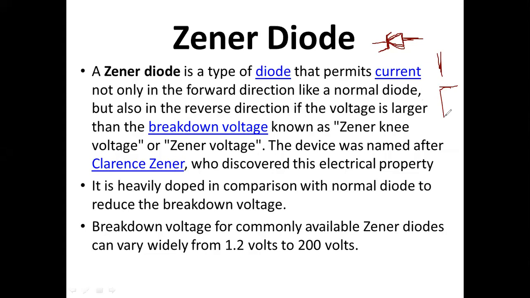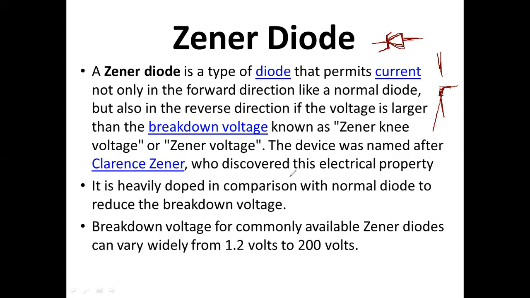Yes, if the breakdown occurs, the current will suddenly increase. In that situation the voltage may also increase. But by controlling the current or impedance at the breakdown voltage, which we call the Zener knee voltage, this is the knee voltage, whatever comes after the breakdown voltage, it is going to maintain the Zener voltage.